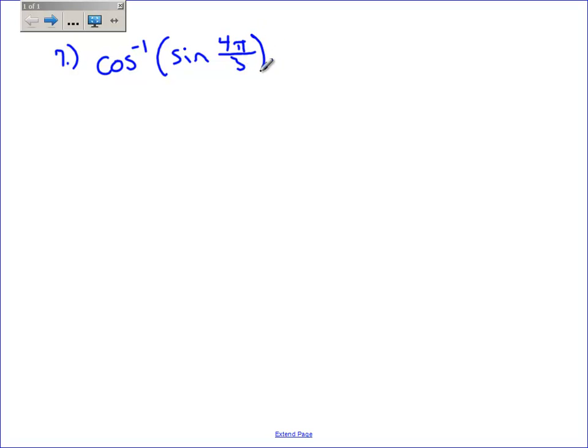And I want you to clarify before you even get started on this problem that your answer is going to be an angle. My answer is an angle because the very last thing I'm going to do is an inverse trig. So although the inside function is going to work out to be a fraction, my final answer is going to be an angle. So what we're going to do here is we're going to work the inside function,